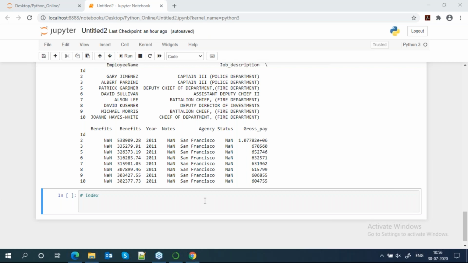While creating an index, we can create a single level index, or we can use a multi-level index. Multi-level index we can cover later; first cover the single level. So we have another method, set index. Set index is used to set your index; by default it is your position, like 0, 1, 2, but if you want to set it, here in my case I set ID.